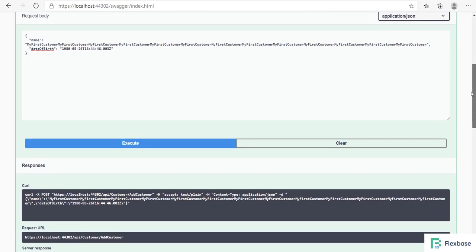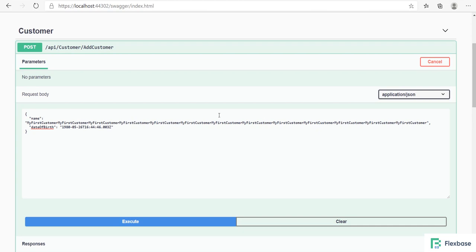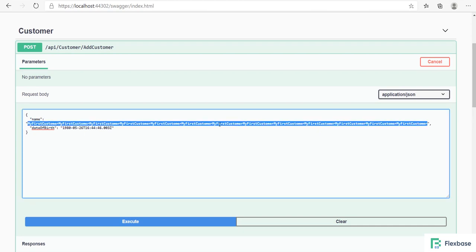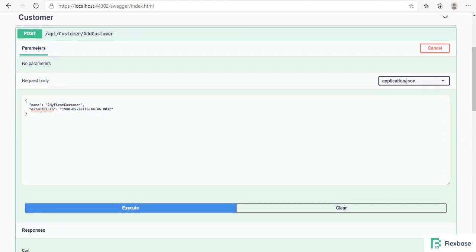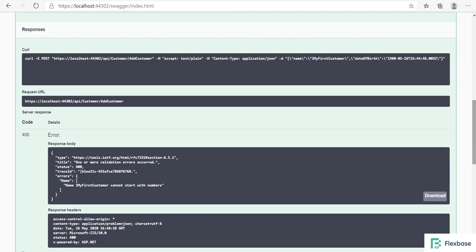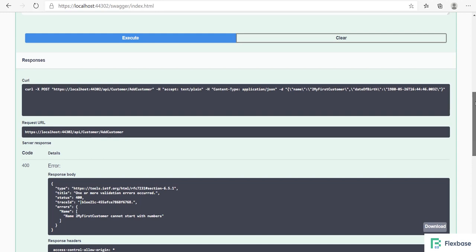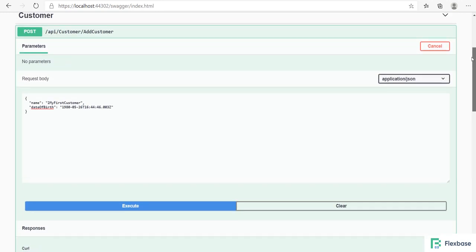So now let us check our next validation, which was a plugin validation, which should not start with a number. Let us execute that. Cannot start with numbers. So this is the same format that you are getting even for the plugin validation. The plugins got executed and returned to the server.